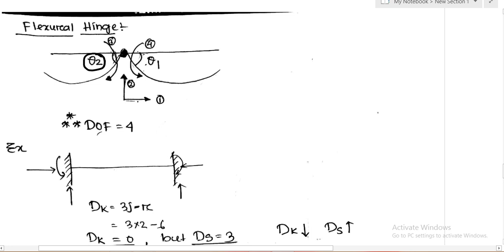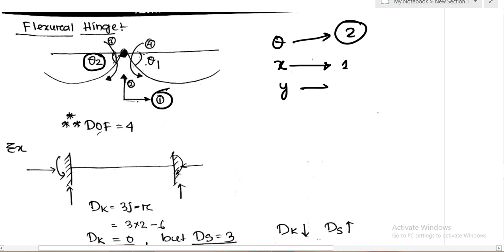So in the y direction one independent rotation, but in x there are 2 independent rotations. If you take the example of linear translation in the x direction, there is also 1, it can move in one way, and in y also you take the independent displacement, it can move. So total degree of freedom in the case of a flexural hinge also is 4. Okay, so this is the thing I am talking about.